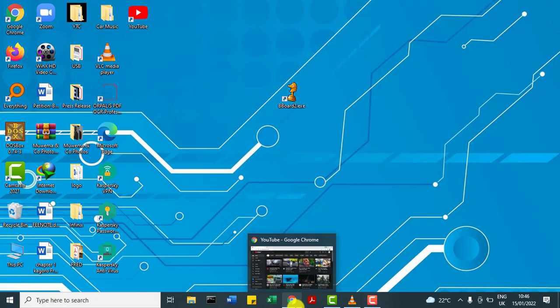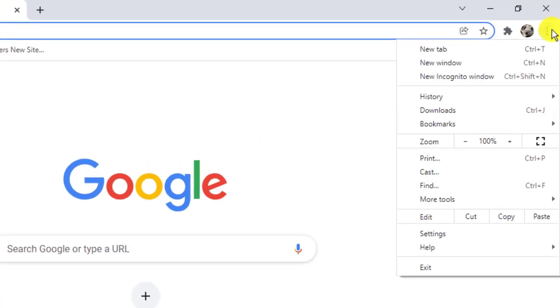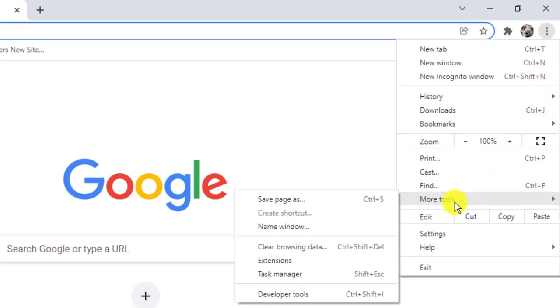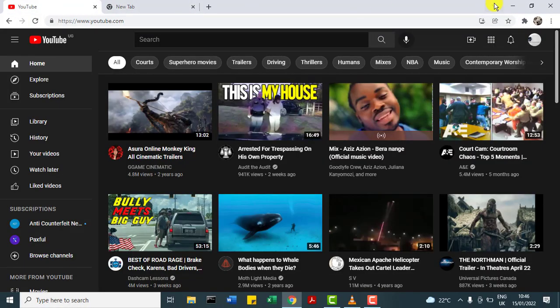So what did we do wrong the other time? The other time we didn't go to the website, and what happened? When we came here and went to more tools, the create shortcut option was greyed out. You cannot click on it. That's why we have to first go to the website itself. So that is basically how to create a shortcut of the website